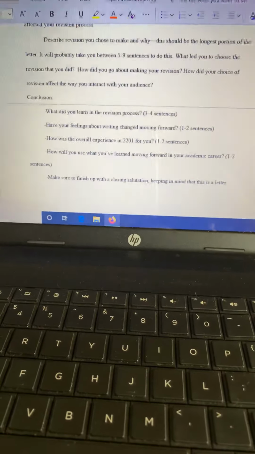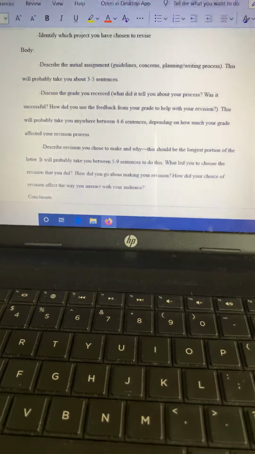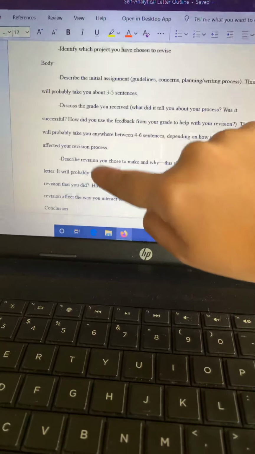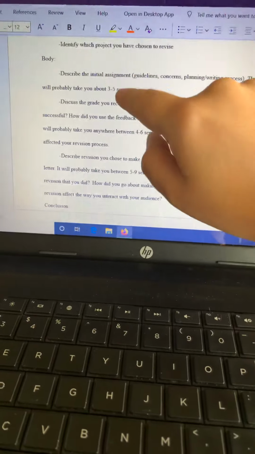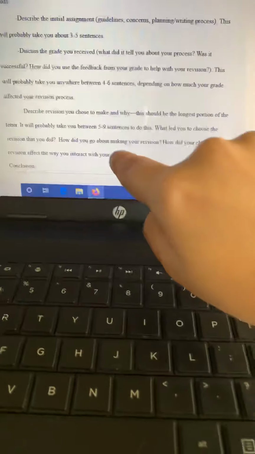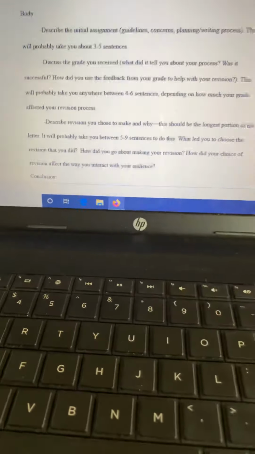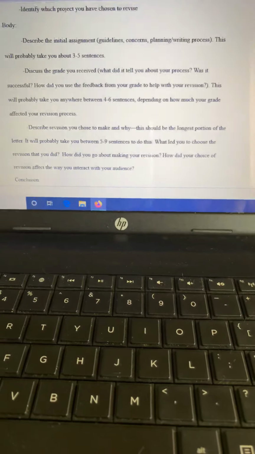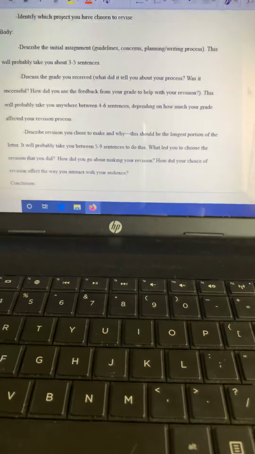That's it. So let me back up a little bit. In this body section, you'll notice there's 1, 2, 3. So you probably want to do 1 paragraph, 2 paragraph, 3 paragraph. That's probably going to be the best way to go about this. You might have to break up your revision section into 2. So you might do the why in 1 paragraph and the how in another,